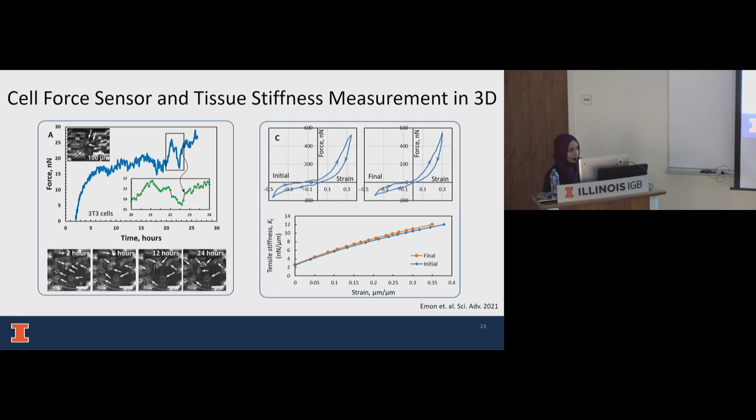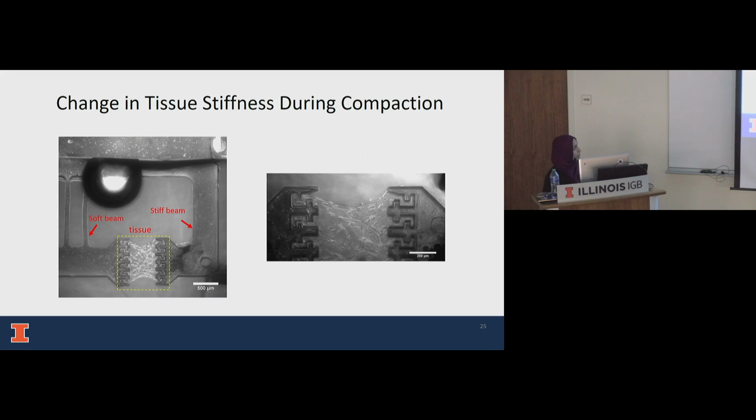We have developed a modified version of this. One of my lab mates is working on it, and he developed this device. We can make larger tissues, so we can see the network formation between the grips. Similar to before, we have a stiff beam here and a soft beam here, where we can form the tissues. On the right, you can see how as we let the tissue compact, a network forms between the grips. We can pull on one of the grips and see the force response with this platform.